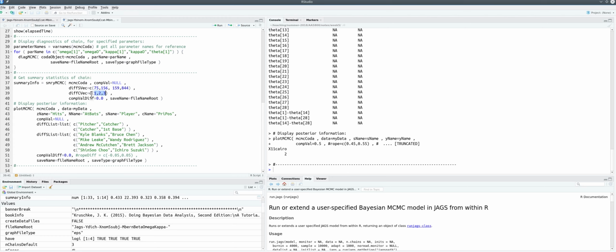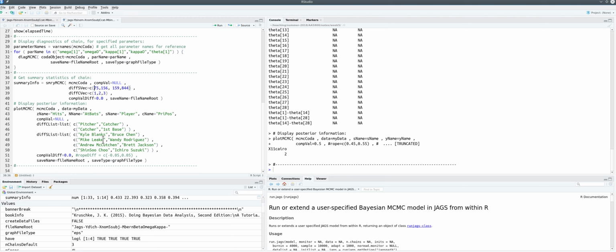Similarly, we're also going to compare subjects 75, 156, 159, and 844. So these correspond to, if you're doing the plotting, pitcher, catcher, and first base, 1, 2, and 3. And these individuals, I think,